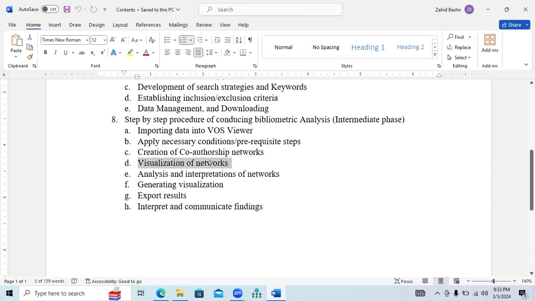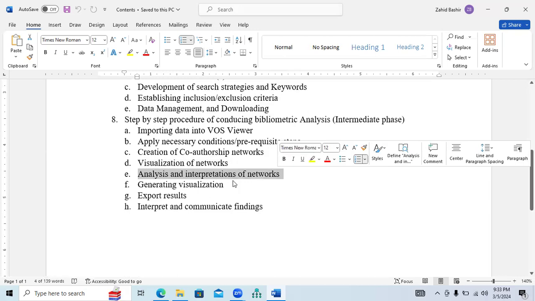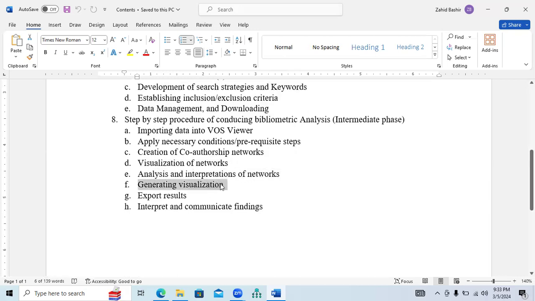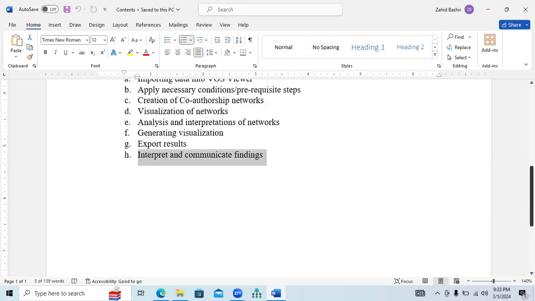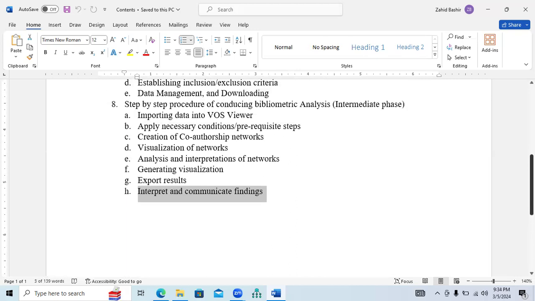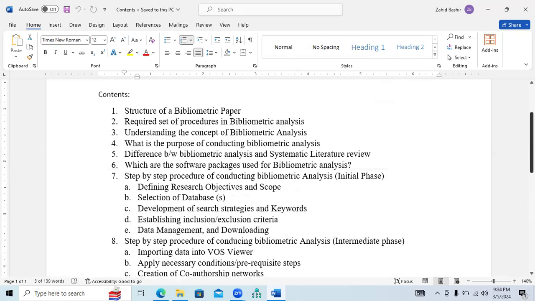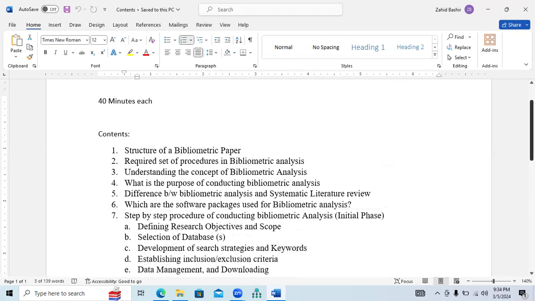We may visualize the networks. We can analyze and interpret the networks. We may generate visualization. We may export results. We may interpret and communicate findings. So these are basically the things that we will cover during the VOSviewer learning,